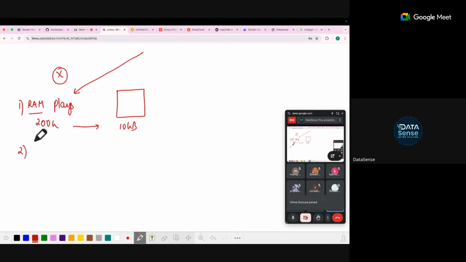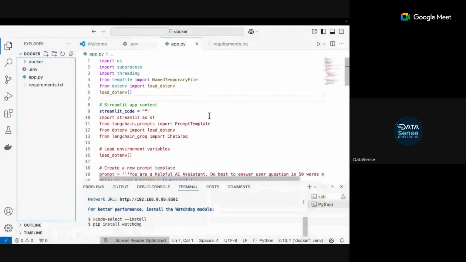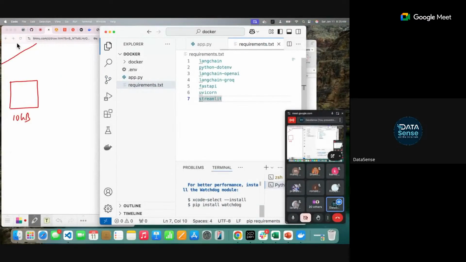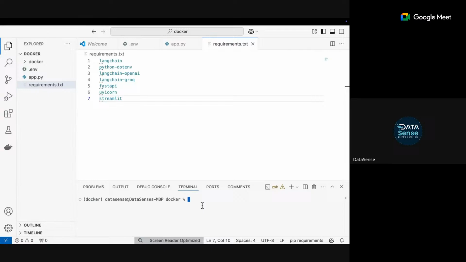For example, to run this Python code, I'm using the libraries below. For any machine learning, sometimes you use scikit-learn, you use something else. I'm using LangChain, FastAPI, and all that. Now, the versions of these things matter. I'm also using Python, by the way, which is installed by default in my system. So let's say I do a quick check of the Python version.